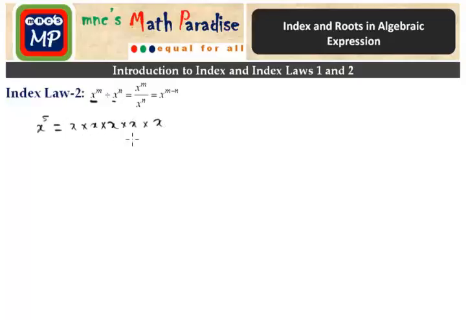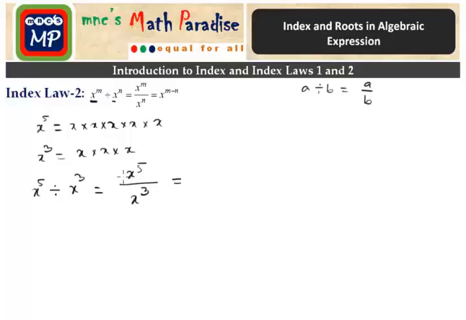1, 2, 3, 4, 5, and say x to the power 3. x to the 3 means x multiplied 3 times. So now if we divide x to the power 5 by x to the power 3, we know that a divided by b we can write as a by b in the fraction form. So we can write x to the power 5 divided by x to the power 3,